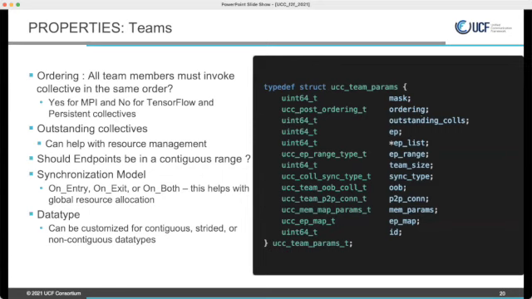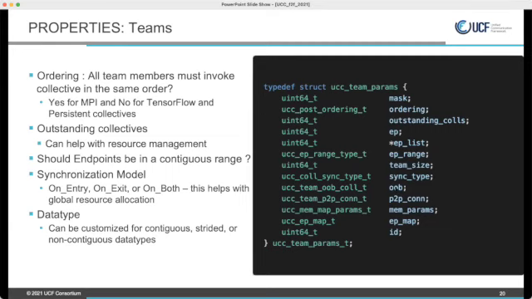Let me skip EP range, but actually I can say EP range basically says whether these endpoints are contiguous or non-contiguous. And team size again is obvious. Sync type is very similar to the synchronization model that I was talking about in library. The values can be either synchronous or asynchronous. So we provide multiple customizations. We can define the synchronous model on the team or on the library.